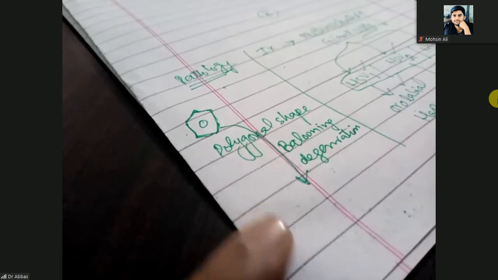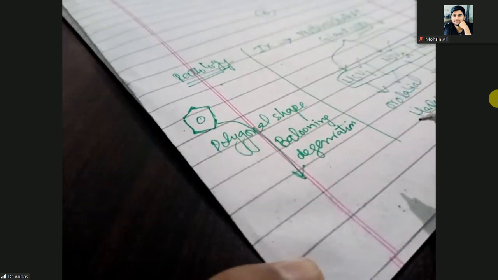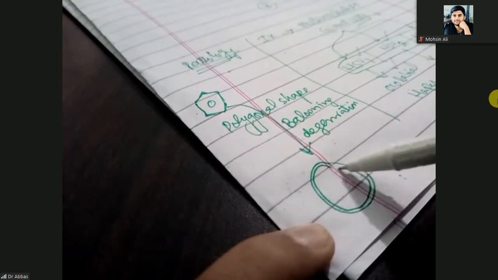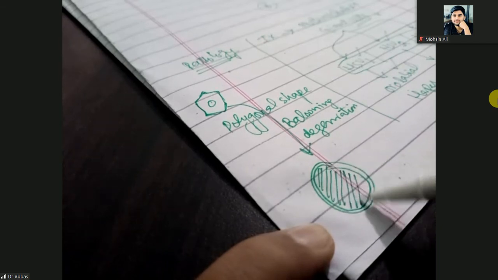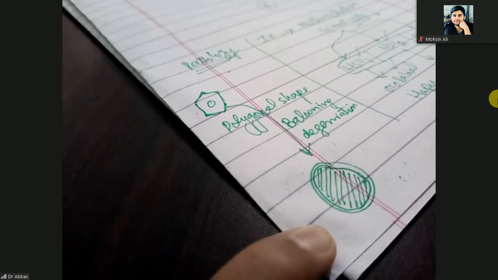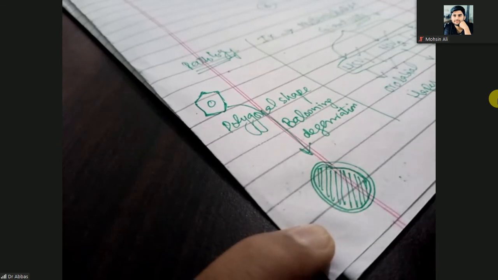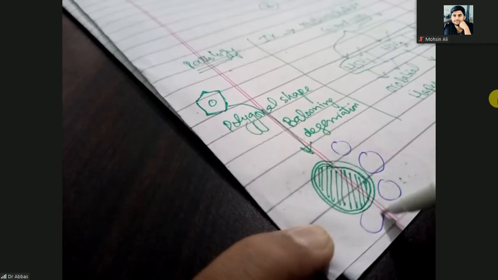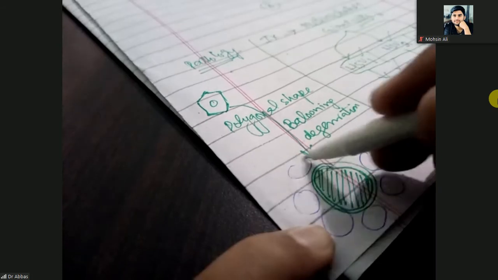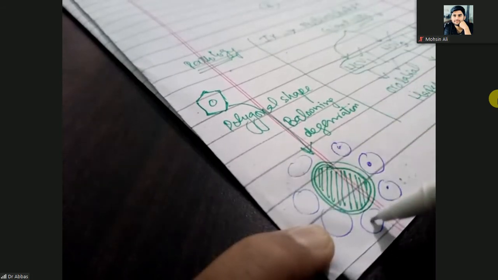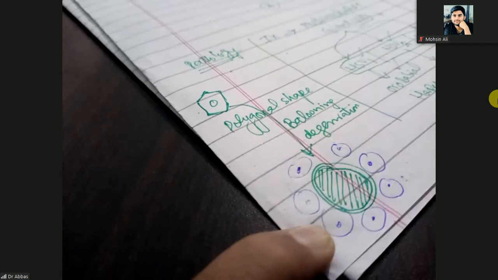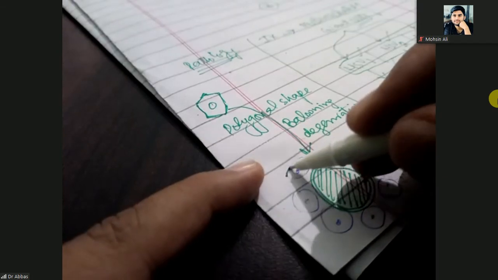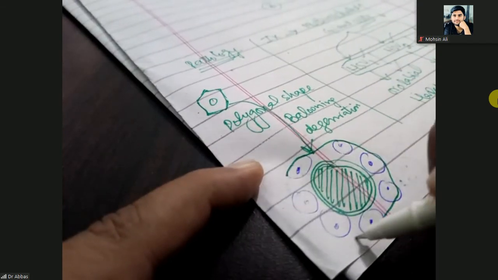Ballooning degeneration. The cell that was polygonal in shape will change into rounded with a bigger nucleus. This is the bigger nucleus. So the cell will change, rounded and bigger in shape. All the other cells present in the periphery, these other keratinocytes in the periphery of the skin, will lose their cell membrane. The cell membrane is lost, and they will make one same cell membrane like this one.